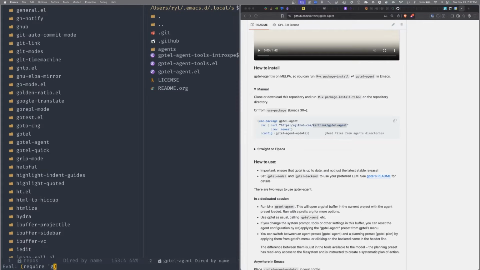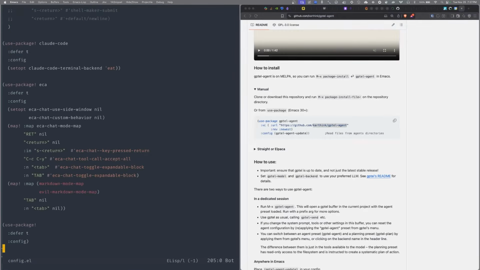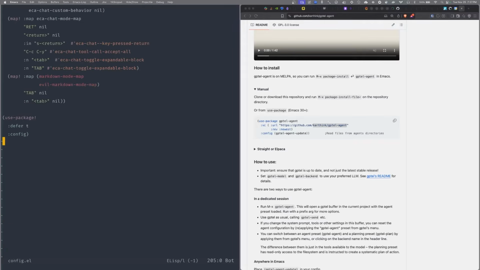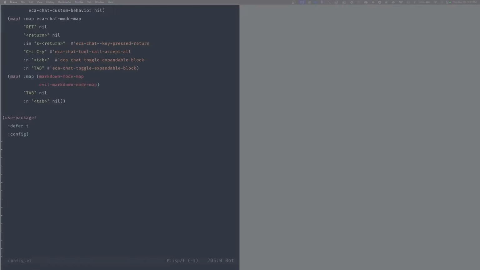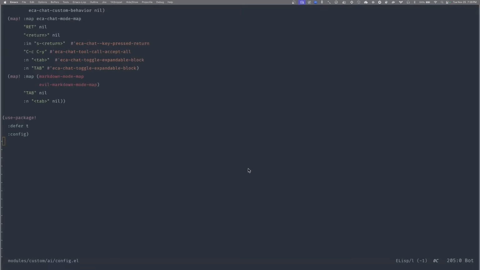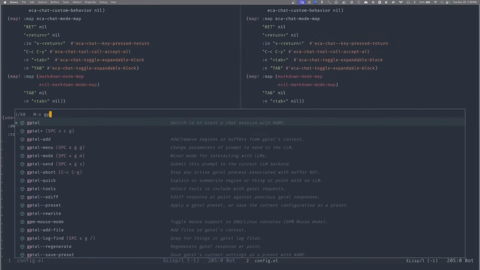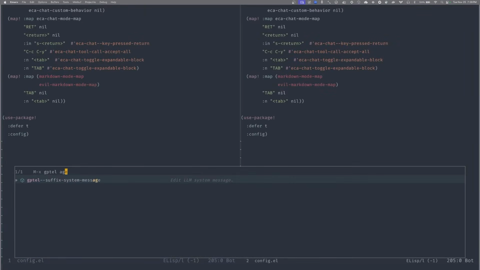Let's see. Oh, no, don't do this. You don't have to do anything. Let's just ignore everything. Okay. So can you just do Emacs gptel-agent? Do I need my browser? No, you don't need the browser. Then I'm gonna remove it so we can just see Emacs. All right. I'm gonna do gptel-agent.